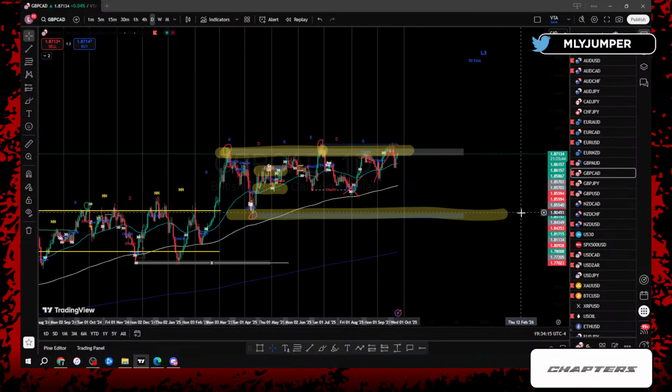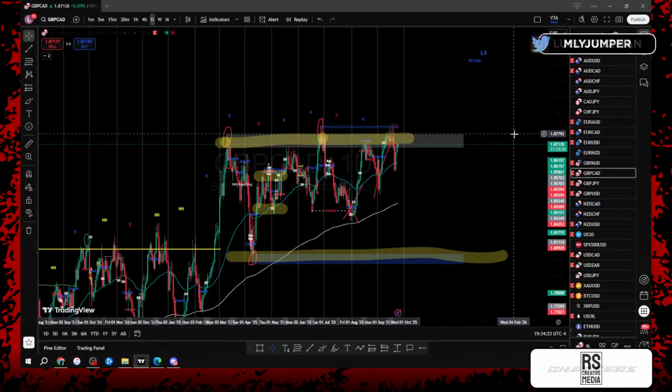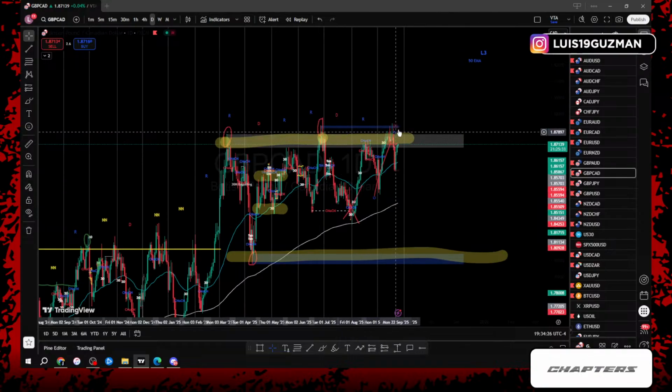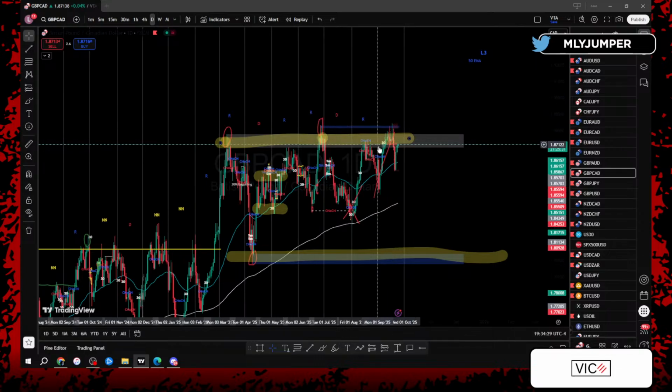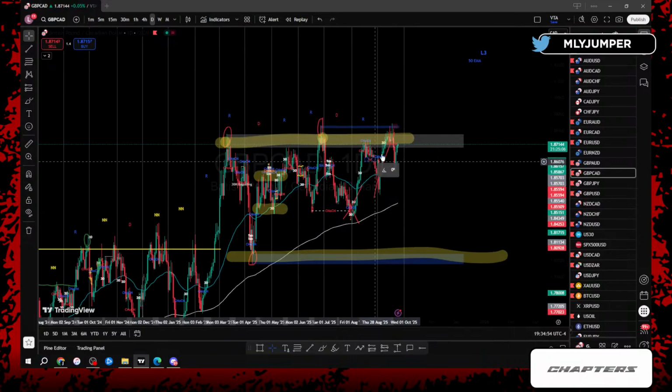And once again, the same situation applies with GCAD like it did with EU and GA, the other one, or ECAD. We still don't have a valid break of the daily highs, the same way we didn't have a valid break up here. What does that mean? If we don't have a valid break, I can't say that these small pullbacks, this little higher low that could have been higher low to higher high, are high probability, because price never gave me a valid break of the highs. Right? So it's the same thing that's happening now for this month on GCAD.